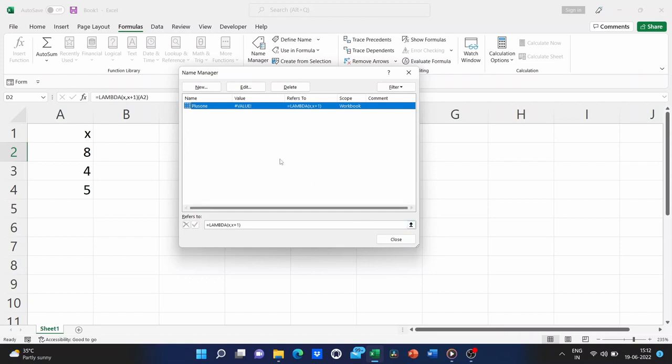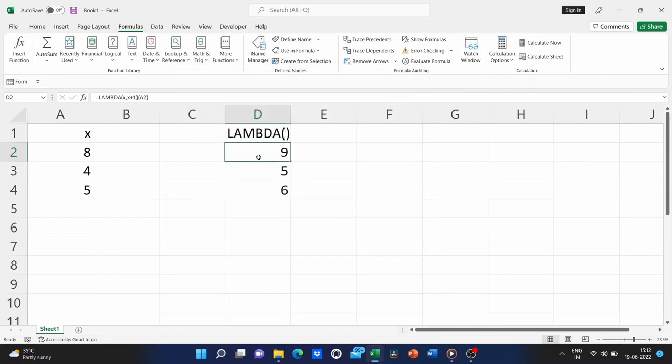And now it creates a name called plus 1. I'm going to close that. And over here, I'm going to reference my plus 1 formula. You can see it's in the list now, and the parameter that we're going to pass in is going to be this A2 value. And there it adds 1 to that value. We will copy it down and you can see that it is now its own function called plus 1. Now that's the real power of the lambda function. We can now use this newly named function throughout the spreadsheet, and it saves with your spreadsheet so you can now come back and use it again in the future.